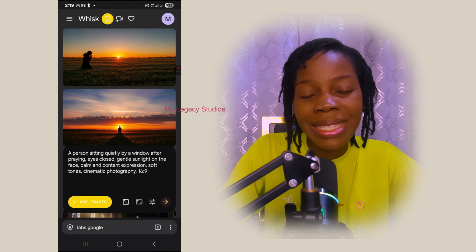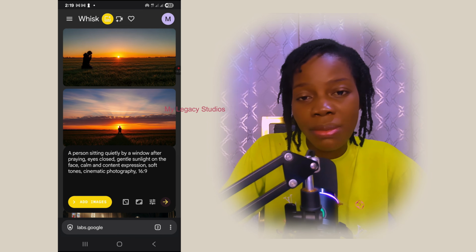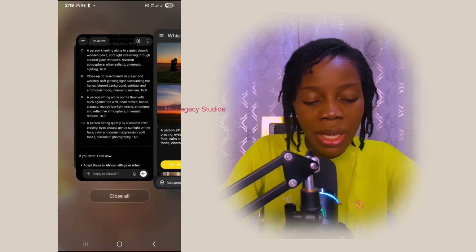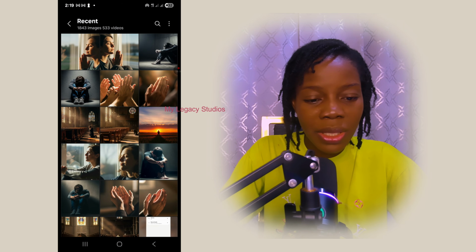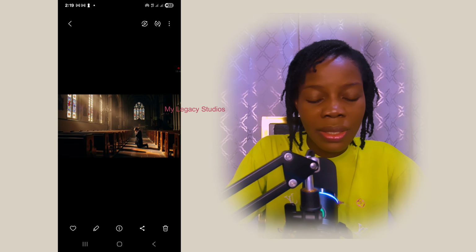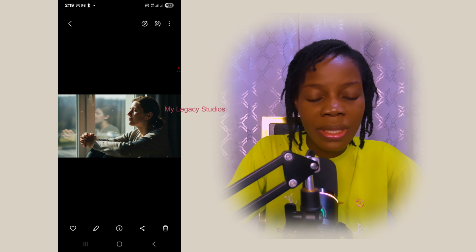Now after you finish generating your images, you don't need to worry about saving your images to your drive, because it has automatically saved all the images on your phone. So for you to be sure your images are saved on your phone, we are going to go to our gallery to check, and then you're going to see all the images. So these are the images it generated: the 4th one, then the 3rd one, then the 2nd, and these are the first